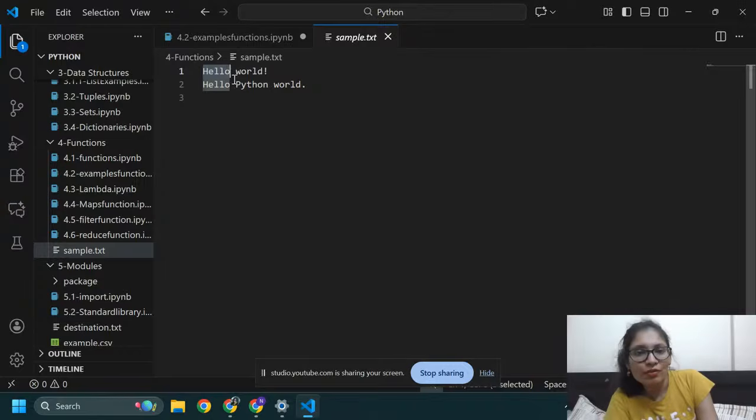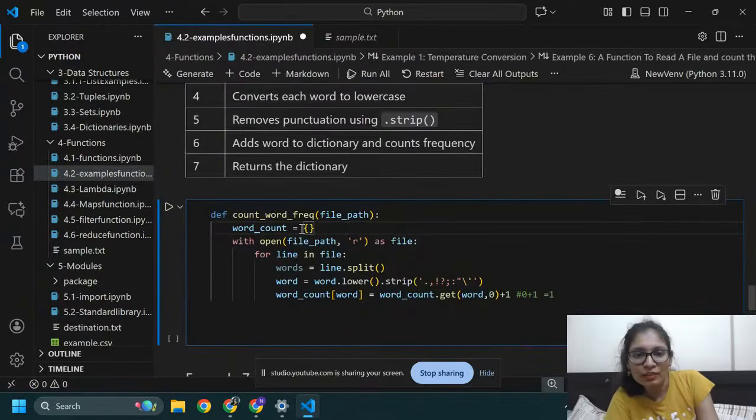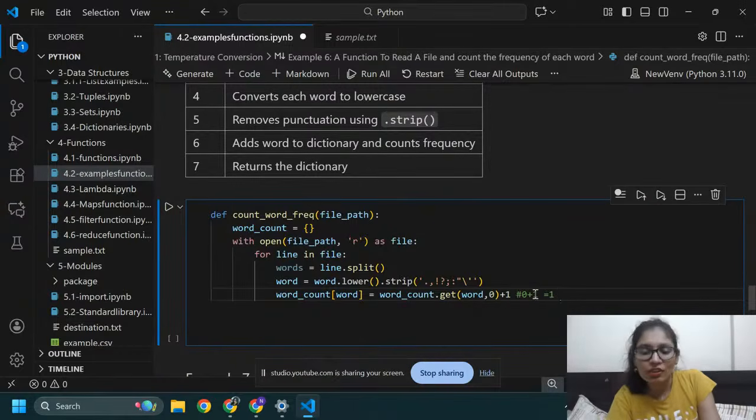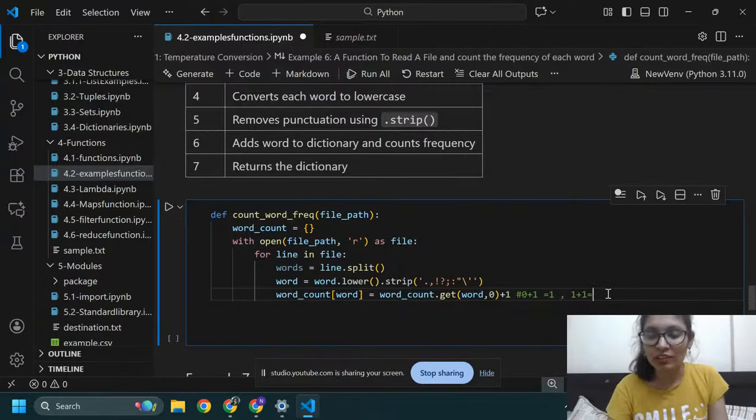Now again I'm going to check with hello. Previously I stored hello here, its count is 1. Now I'm going to count hello again, so it will take the previous count and add the new hello. So this is also 1, and I get the frequency of hello as 2. So we can calculate frequency like this by using this formula. I hope you got it. I'm just going to remove this, we don't need it.